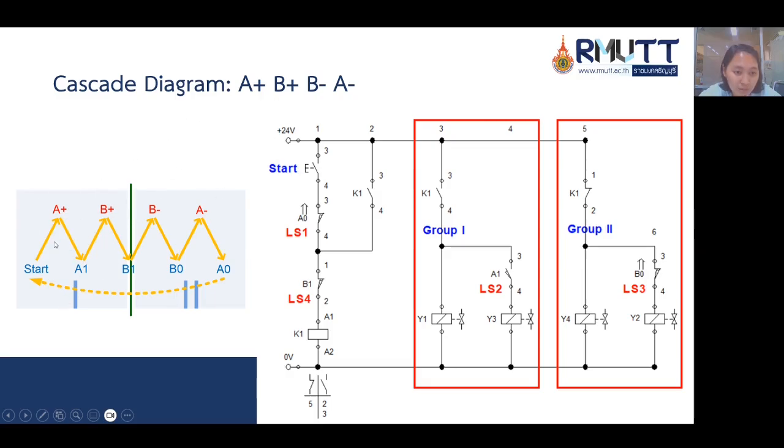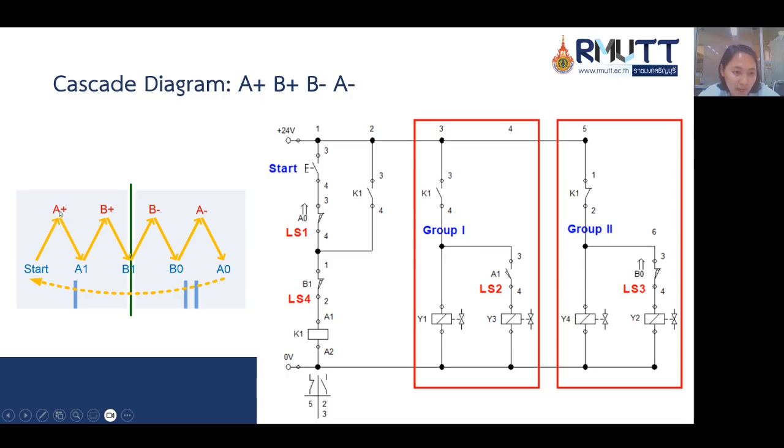This is block 1, group 1, and this is group 2. Press the start and then the relay is active, then the relay's normally open contact will close, then solenoid Y1 will be active.